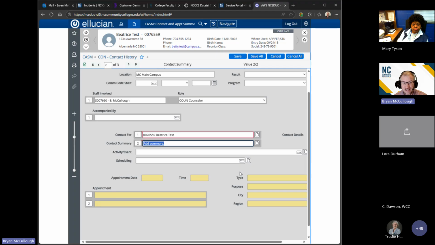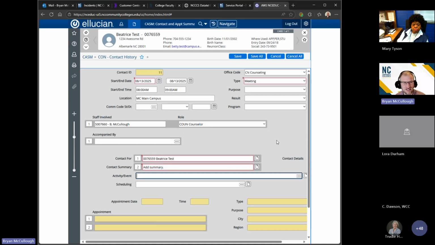And that's pretty much it. There's an event, but that's using an events thing in Colleague, which I wouldn't plan to talk about today. But this at least gives you a way to record some basic information about that student and that contact, if you wanted to keep track of things like what you discussed, and especially if you ever wanted to run